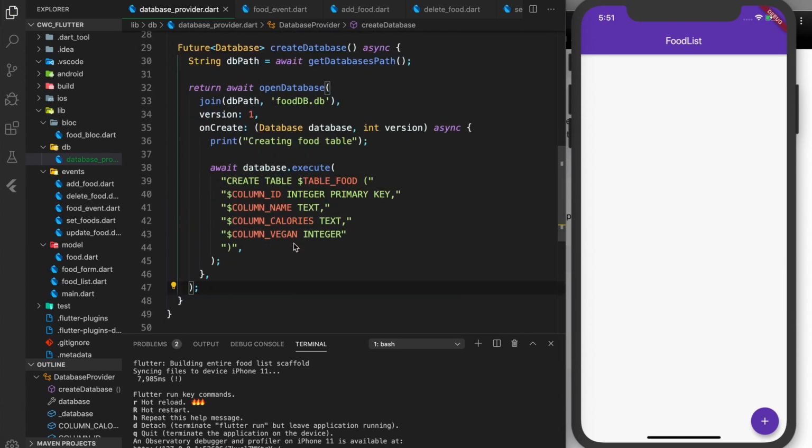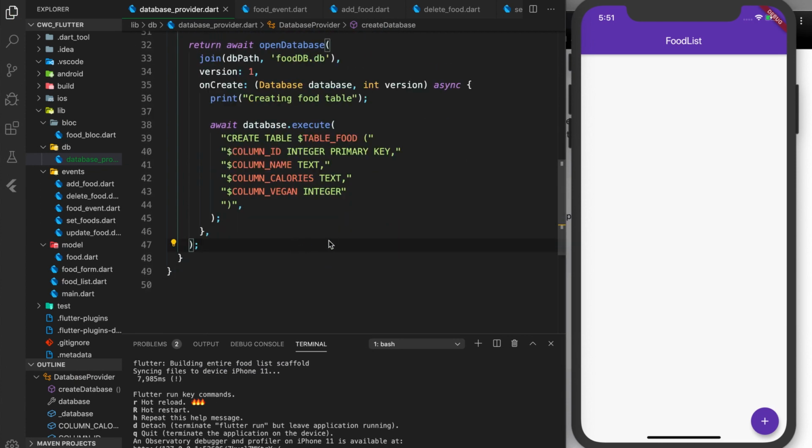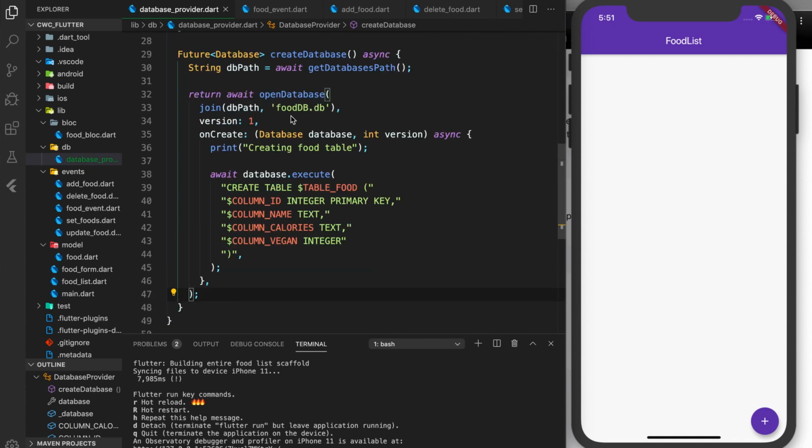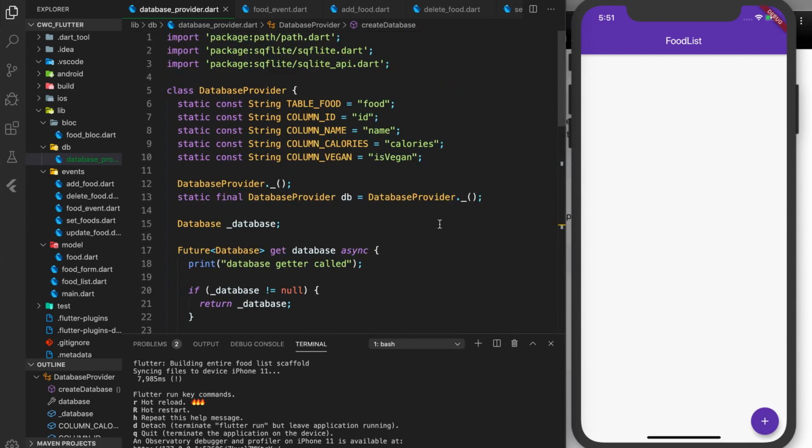Let's put that here. Okay, and that's it for our open database. You'll definitely want to double check this after you create this to make sure that all of your columns are correct. You might have to go back here and redo this a few times to make sure that everything works correctly. So now that we have this part,